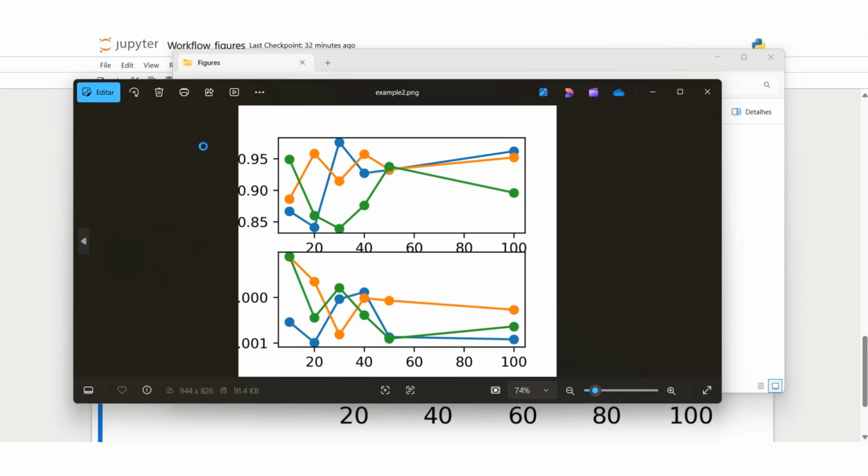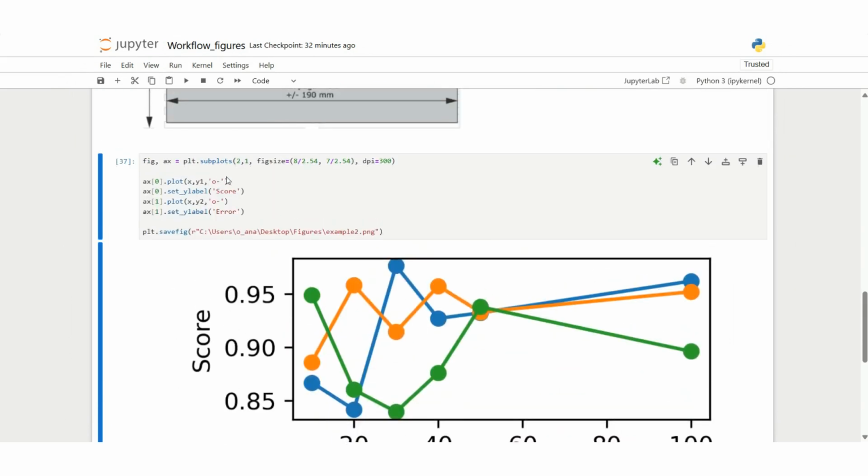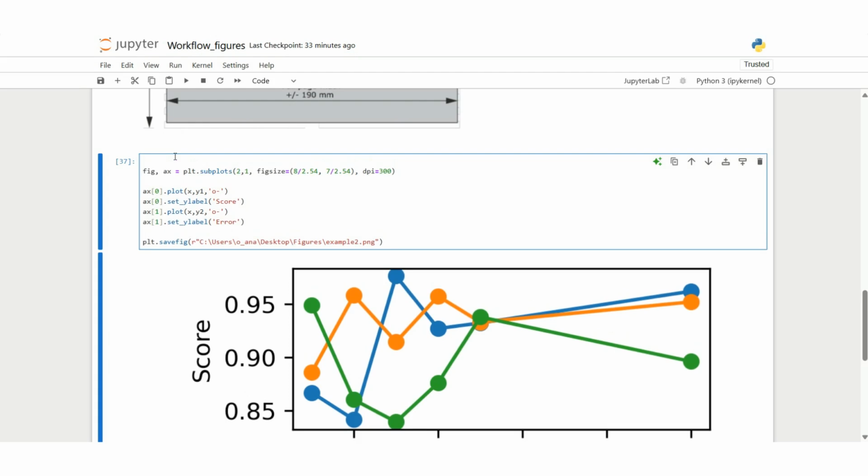So it's interesting again that we see that the figure that is saved is not exactly what we have seen here, and that is because the resolution that we are saving the figure is different from the resolution that the screen is displaying. So what we can do to avoid this, so that we always see the same thing as we are saving, is to call